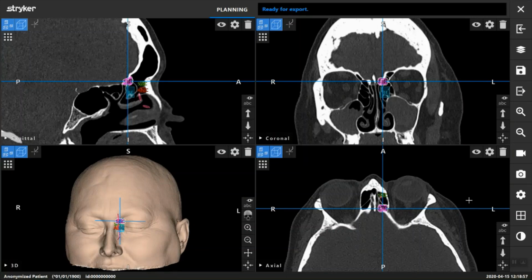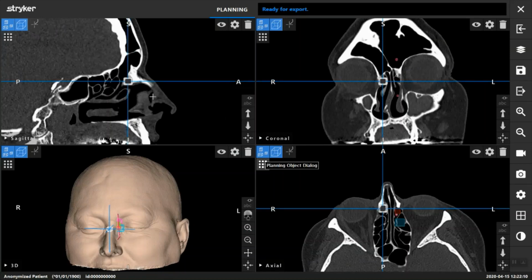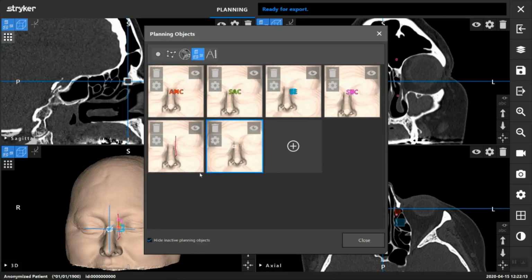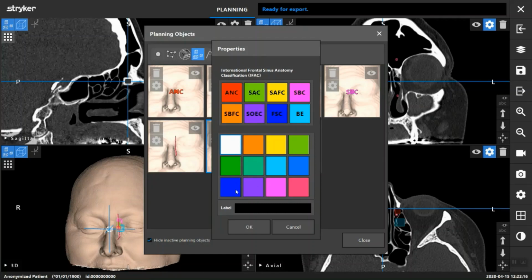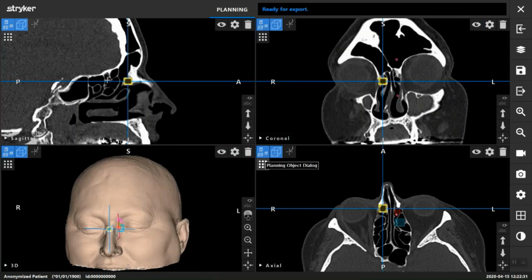Now, if we want to hide the labels again and go to the other side. Okay, so if we want to go to the patient's right-hand side, here you can see we put the cursor in the right agger nasi. And if we want to start adding cells, we can do just like we did on the other side. And then we're going to go to our functions here, and we can put in different labels. Since we've already used agger nasi, I'll call this right agger nasi cell, and we can put a color on that. And then if we want to add another structure, we can come here,